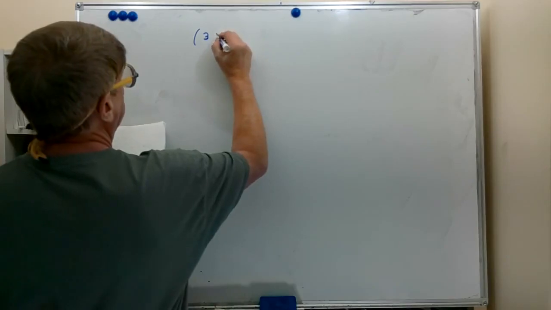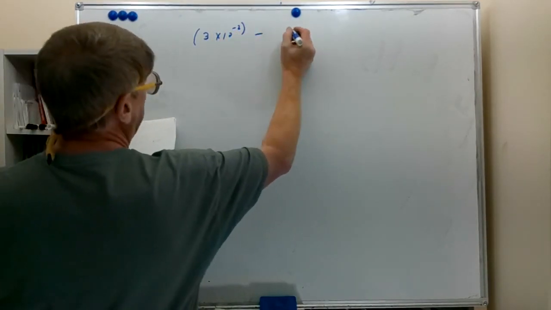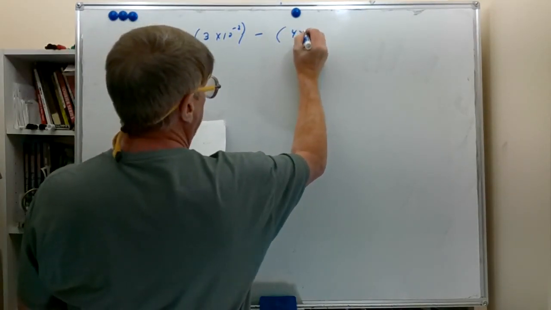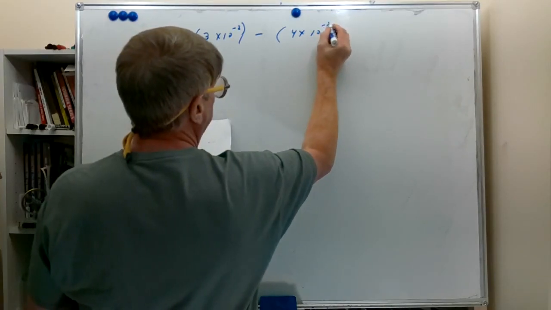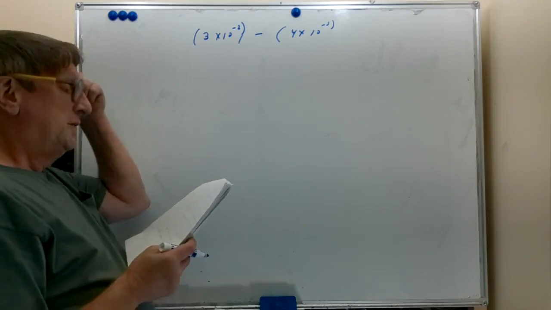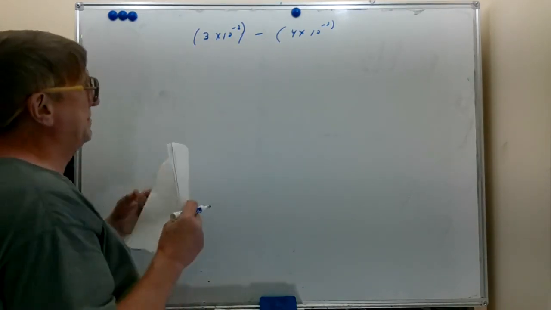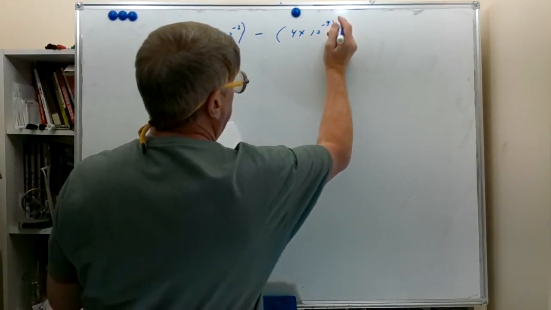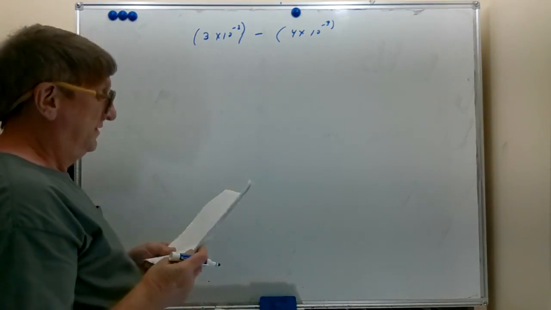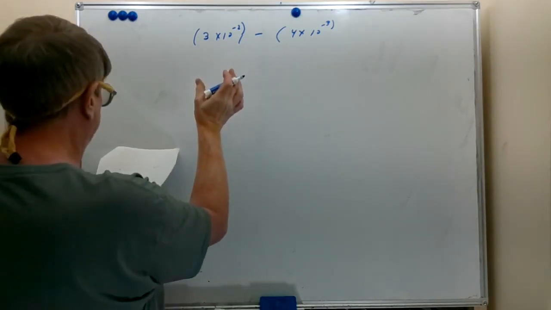3 times 10 to the negative 2 minus, now we're doing subtraction, 4 times 10 to the negative third. Well, subtraction and addition, pretty much the same rules. Got to be in the same powers of 10. In this case, we'll be subtracting the numerical part once we get them in the same powers of 10. Let's make this one